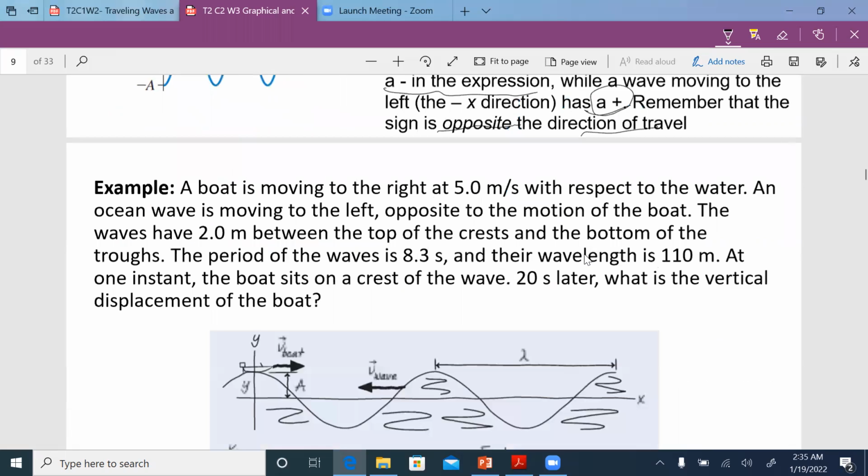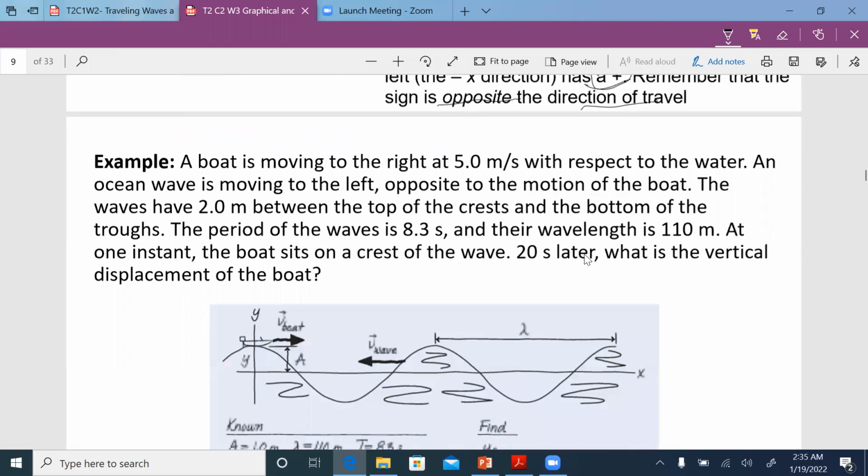So let's see an example. A boat is moving to the right at 5.0 meters per second with respect to the water. An ocean wave is moving to the left. So the ocean wave and the boat are moving in opposite directions. The wave has 2 meters between the top of the crest and the bottom of the trough. Okay, so that's 2 meters. The period of the wave is 8.3 seconds. So they give us the period as well. And the wavelength is